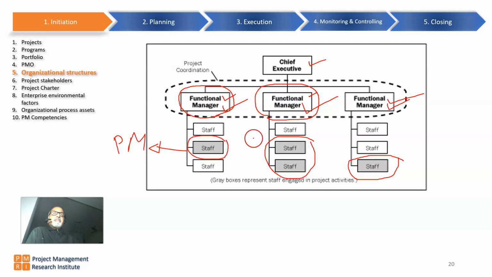And again, if the team member is working in a functional organization, at the end of the project, that particular staff can go back to their respective function. So if you are working in a functional organization, you have long-term career prospects and plans. So at the end of the project, you have a home to go back to. That is an advantage of a functional organization. At the same time, if you are a project manager in a functional organization, it is a support service. That means you may not have a lot of authority.